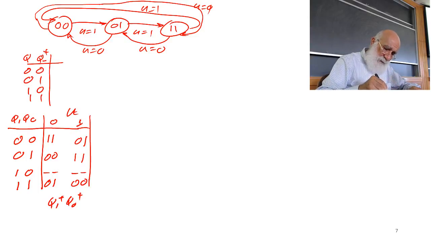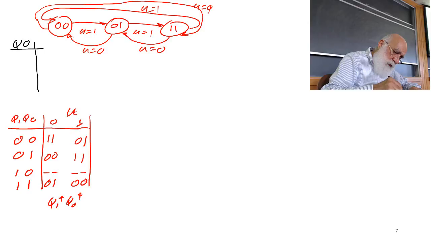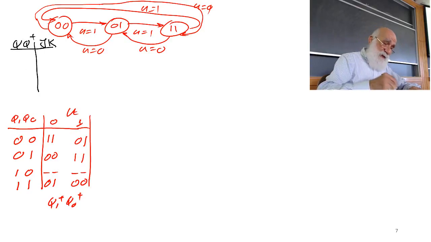Let me use a different color here, because this is not something particular to this problem. It is something that you have to know. Q, Q plus, and then J, K. It says if you are going from 0 to 0,